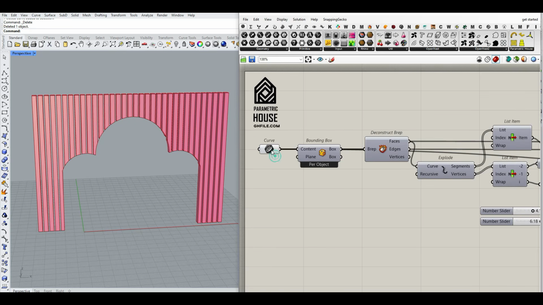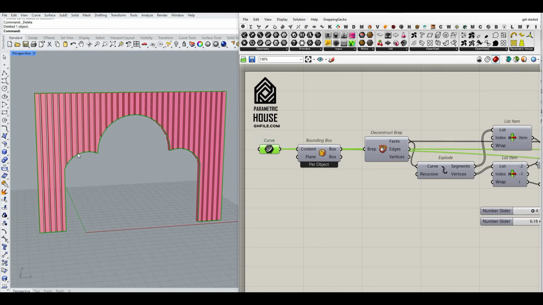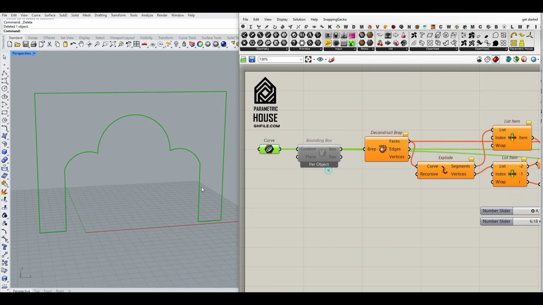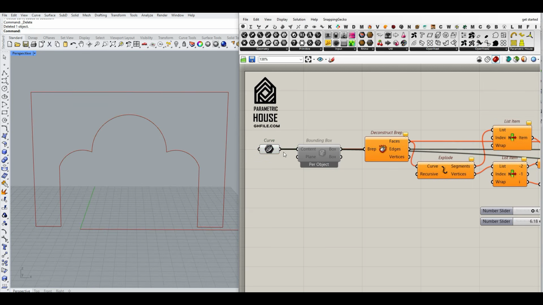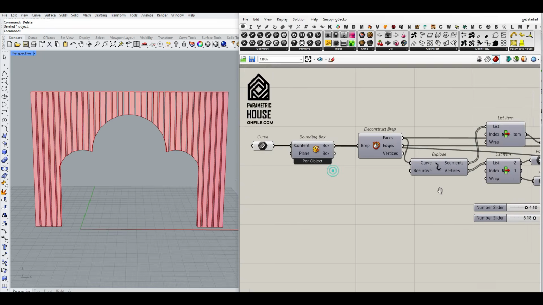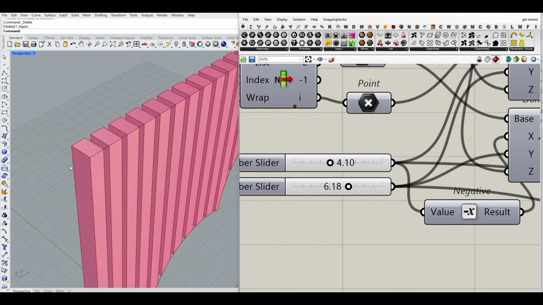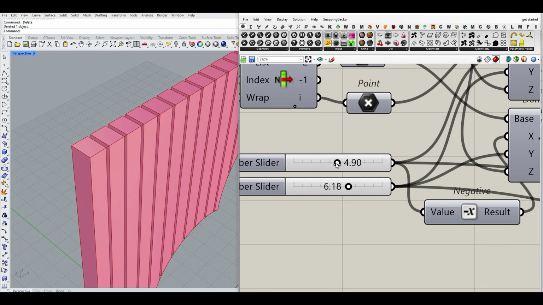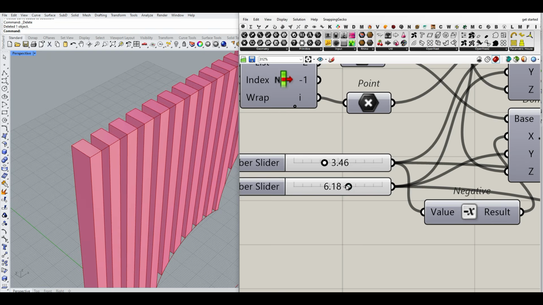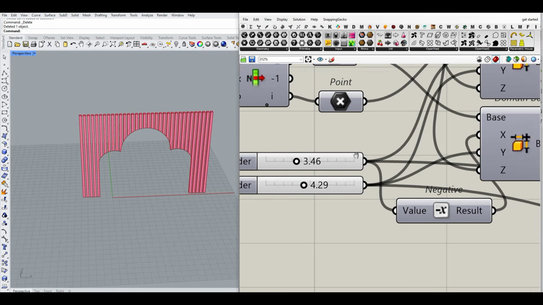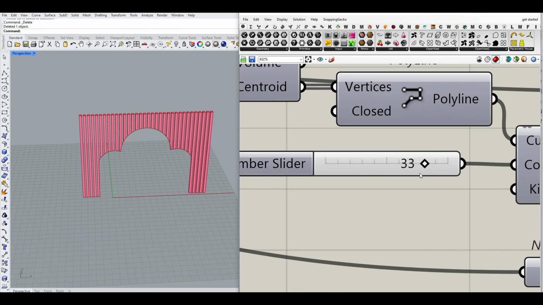In this tutorial, I want to show you how you can convert this closed curve we have here. Let me just disable this. So this is the base curve I've started with into a series of boxes, which I can control the length, the widths, the number of count I need here,